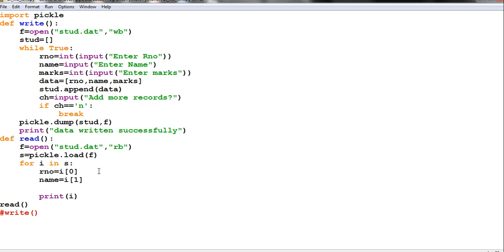Then marks equal to first record of 2, right? Now you print your roll number, comma name, comma marks. Some mistake I have done here, marks. Now let me check every time it will print within the loop.